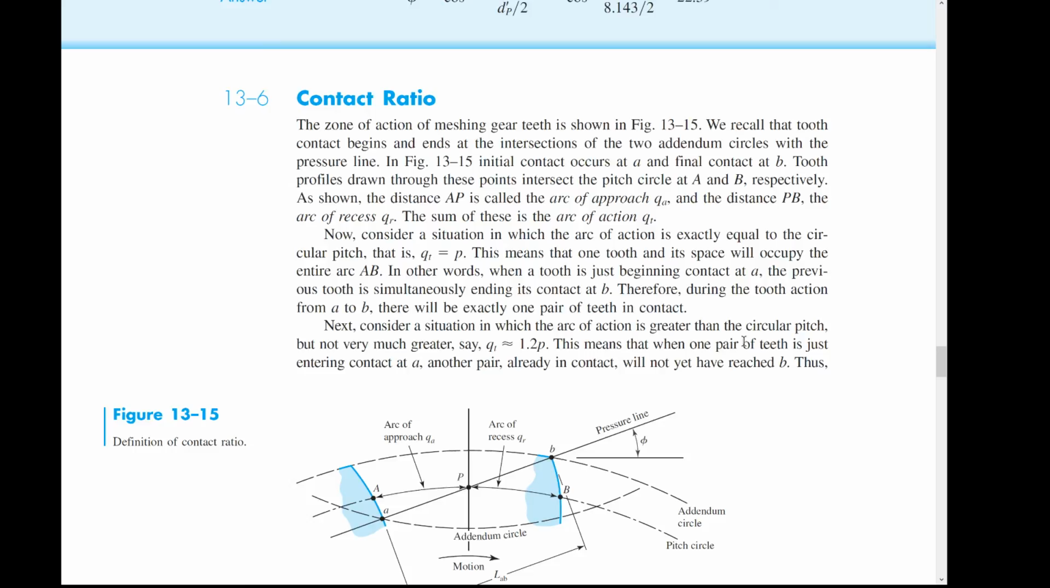13.6 Contact ratio. The zone of action of meshing gear teeth is shown in figure 13.5. We recall that tooth contact begins and ends at the intersections of the two addendum circles with the